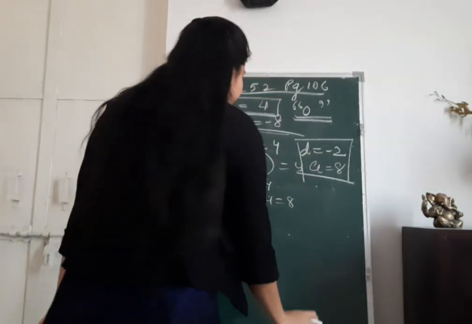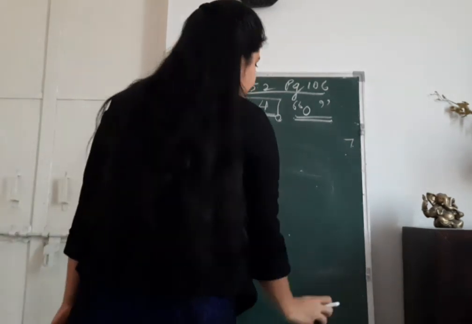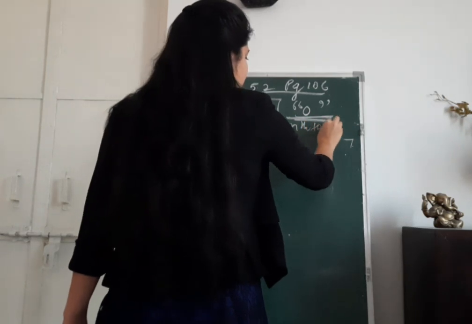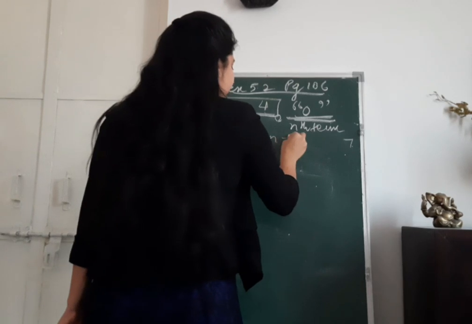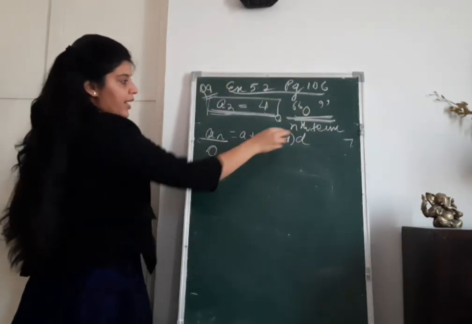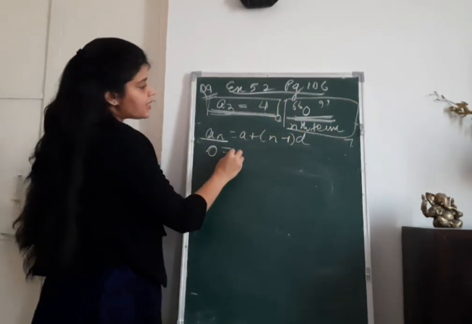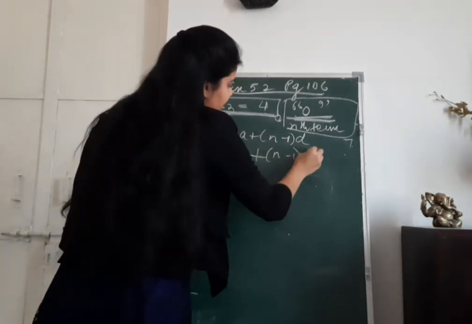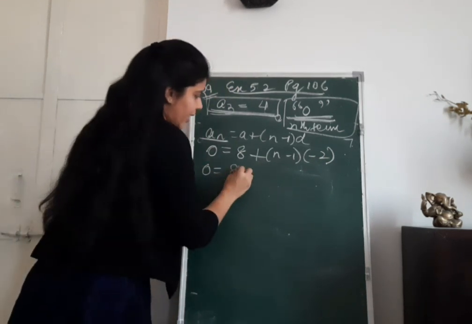Now what do I need to find out? Which term will be 0 for this AP? Let us suppose that 0 is the nth term. Then I can say an is equal to a plus n minus 1 into d. an is 0, right? Assuming this is an nth term. So an is 0, a is 8, we have to find n minus 1, d is minus 2. So 0 is equal to 8